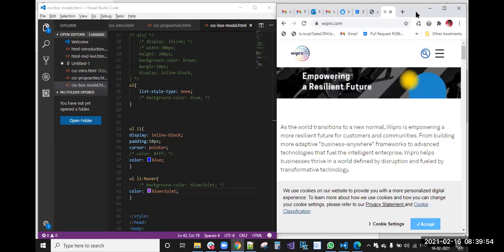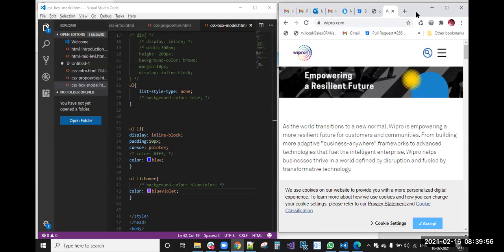Display properties. The first one, display none property, will hide the element from the actual content. Display block is used to make inline elements into block level elements.